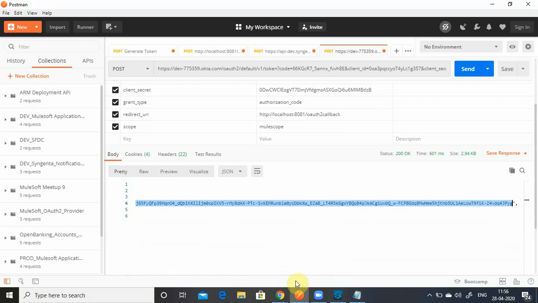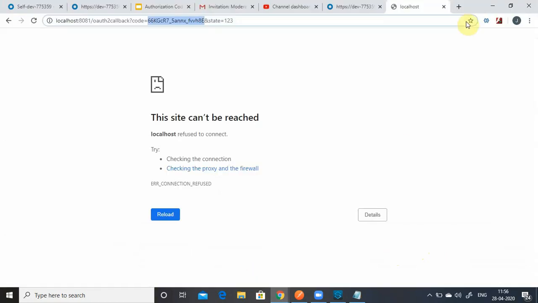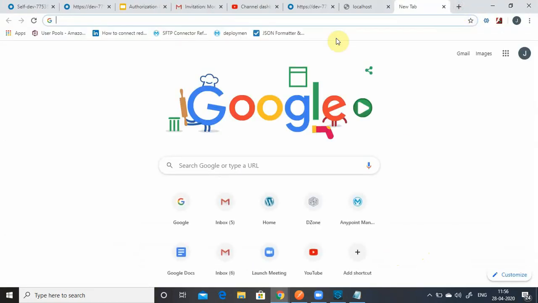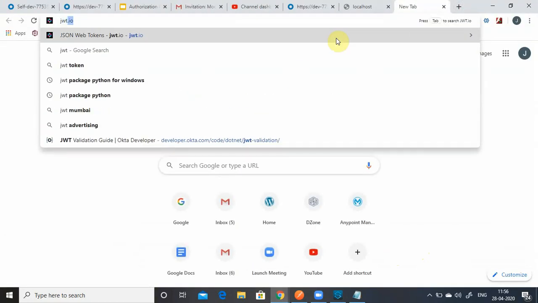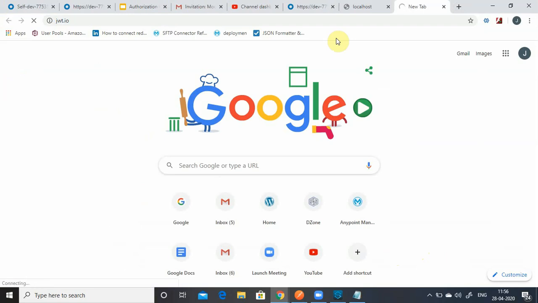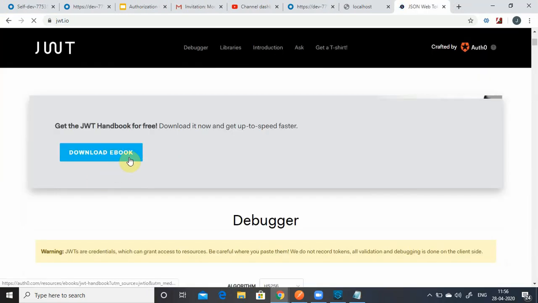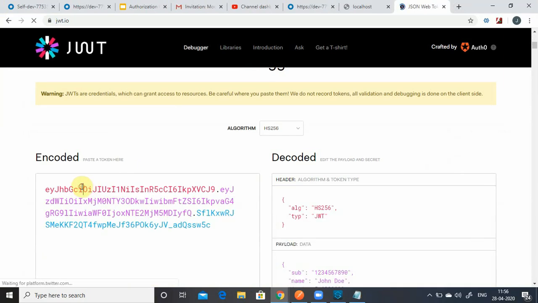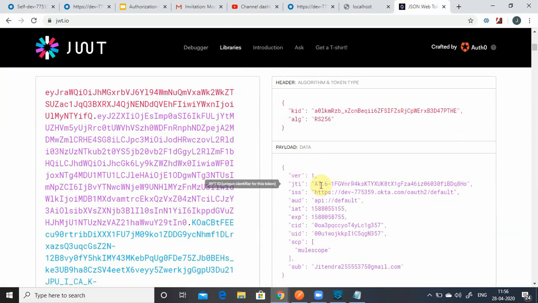Copy this token, and you got the various parameters with this, like what is the scope, when it is expiring. So basically make sure the authorization token gets expired within 10-15 seconds, 20 seconds, or something around that. So now you can decode this token by pasting it. It will decode the token and provide various information, like what is the issuer here, what is the expiry date, when the token is generated.